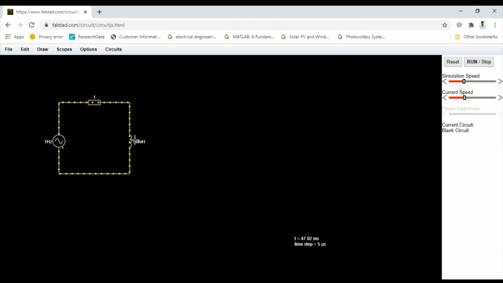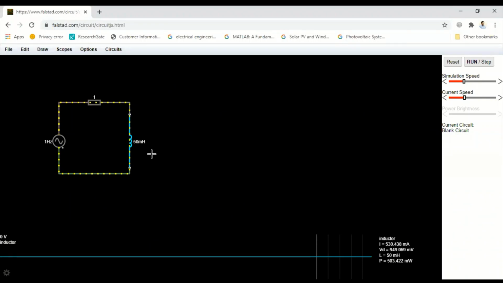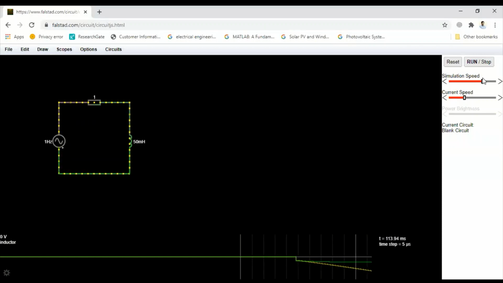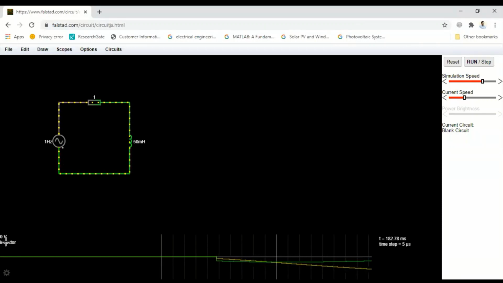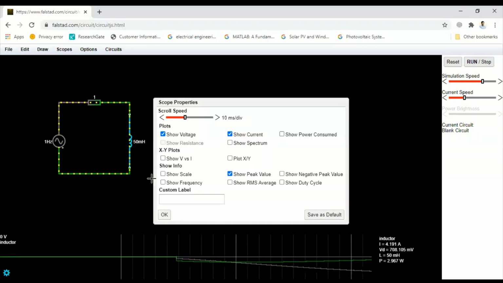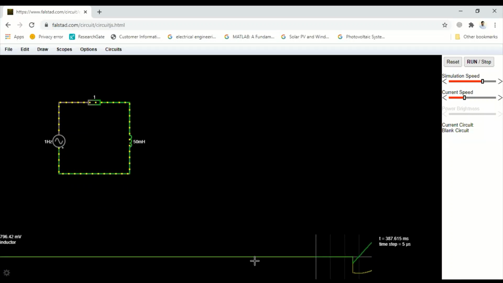Now right click on inductor, view in scope. I'll start increasing the simulation speed a little bit so you can see the effect. One more thing you can do if you want to change the scale: you can change the scale by clicking on this settings button, apply, okay.